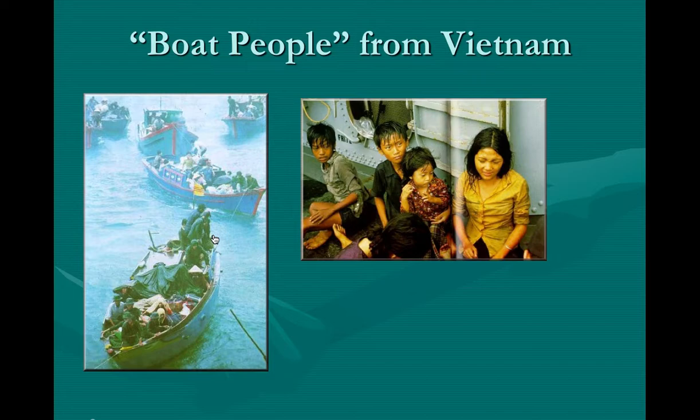In the 70s and 80s, especially after the Vietnam War, a lot of people began to leave Vietnam. They're referred to often as boat people. They crossed the Pacific Ocean. Many of them came as small children. Families did not want the children having to grow up in Vietnam, so they put them on these boats and sent them across the Pacific Ocean to the United States. And as I've mentioned before, Westminster, California is one of the largest homes to the Vietnamese population outside of Vietnam. So you'll see a lot of the culture from Vietnam in Westminster and in Garden Grove in California.